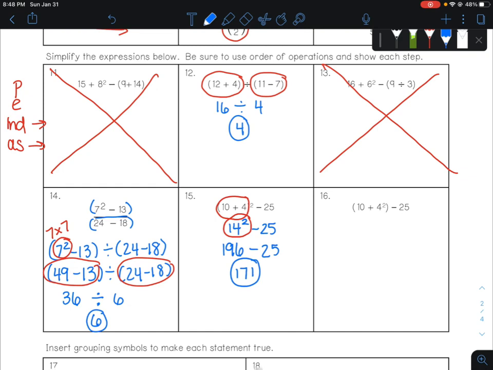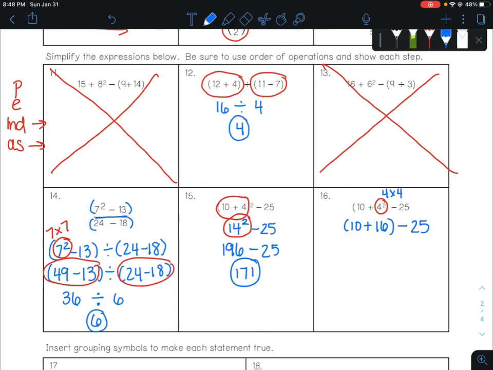So again, parentheses first. Problem is that inside those parentheses, there's actually 2 operations. So before we can do the 10 plus the 4 squared, we have to do the 4 squared. So actually, we're going to do the square first. So within the parentheses, we're following the order of operations so that we can get rid of the parentheses in the larger problem. So it's going to be 10 plus, and this is 4 times 4, which is 16,